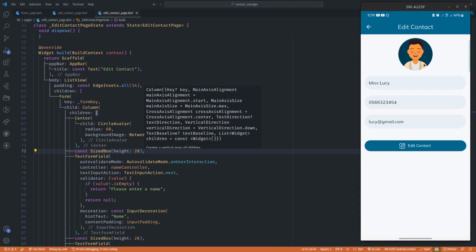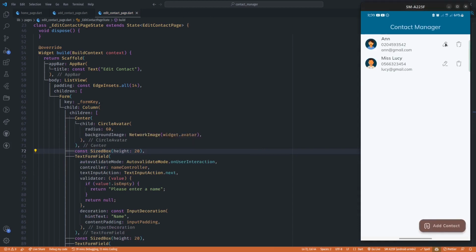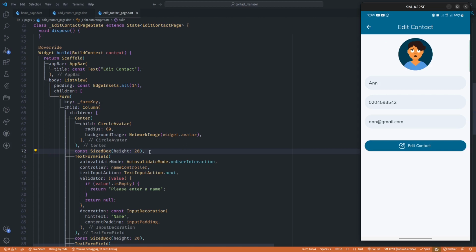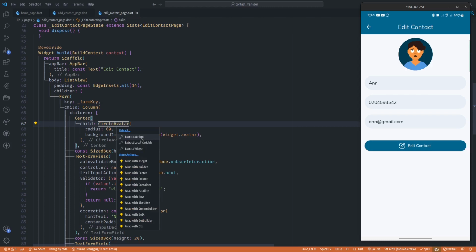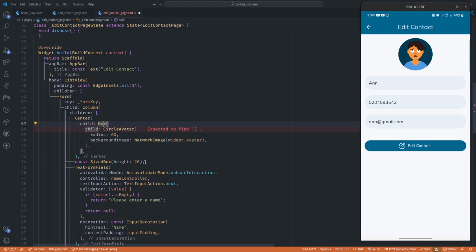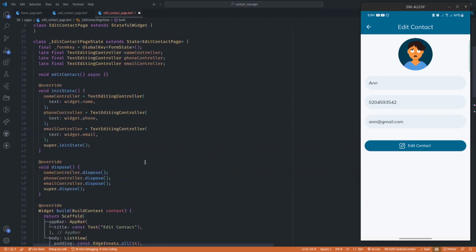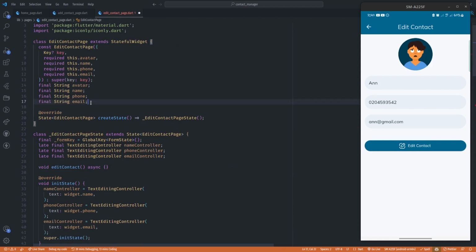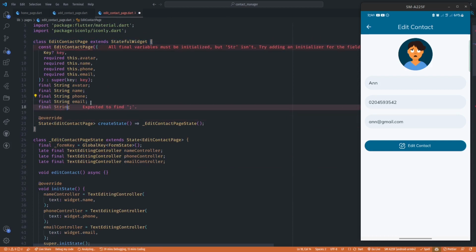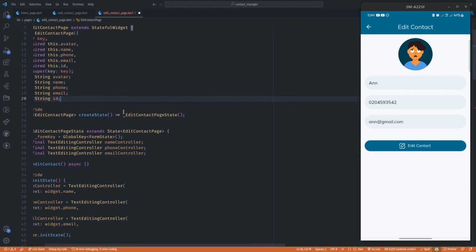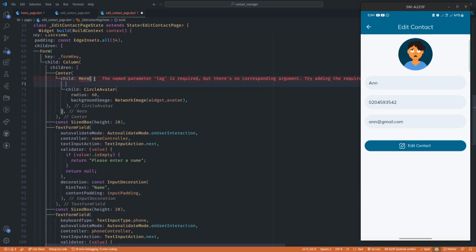Now when we save, we have our user profile here, so when we tap on it, we get our user profile here. Now I want to perform a transition between this profile, so I'm going to wrap this in a hero widget, and the tag is going to be the ID, right? So let's record the ID. So the tag is going to be the ID, which is